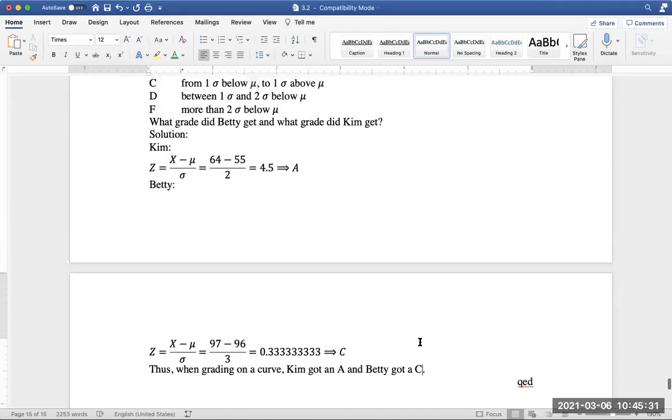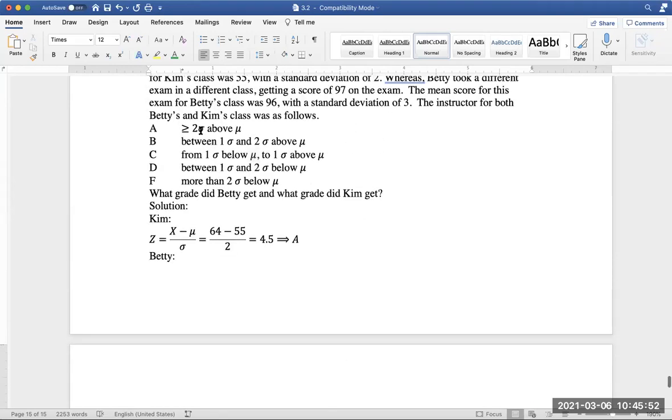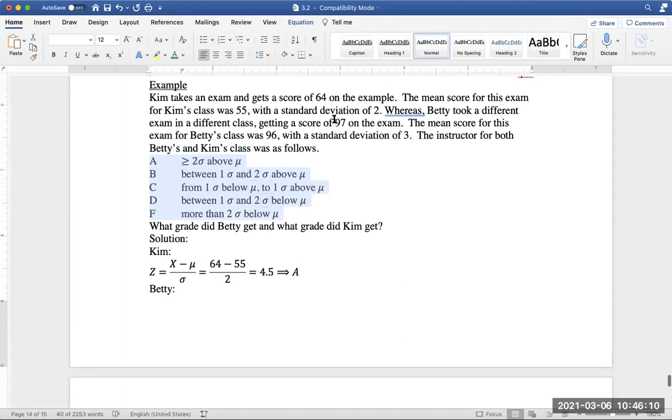Okay. Again, you live and die by a curve. It depends on what everyone else in class does. So it really doesn't matter how well you do, it's how well the class does. And so your grade is determined by the class. Usually what happens is when people think everyone in the class is doing poorly, then they want a curve. They hate a curve when everyone in the class is doing well. They don't like a curve that much because things like this occur. Okay, that really finishes off